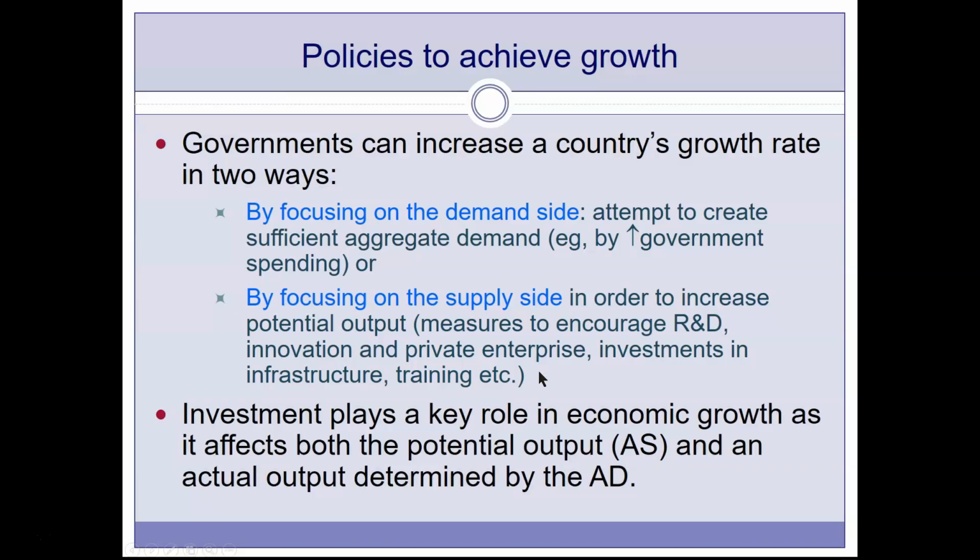However, you will ask, why don't we always pursue supply side policy? This is because these measures will take time. It's much easier for the government to increase government expenditure, for example. They can easily implement new expansionary measures in their new budget as early as next year. This will have a more or less quick effect, while developing infrastructure or encouraging research and development will take much longer, and the result is not guaranteed. That is why the government might pursue this, but it's simply easier for them to focus on the demand side. Also, the country will pay for these policies with high inflation.